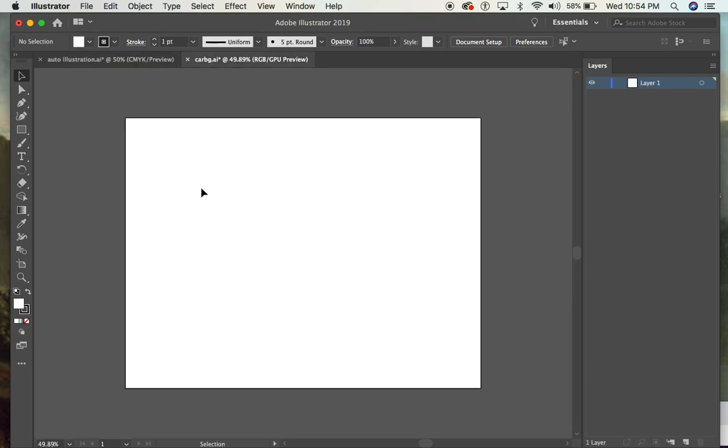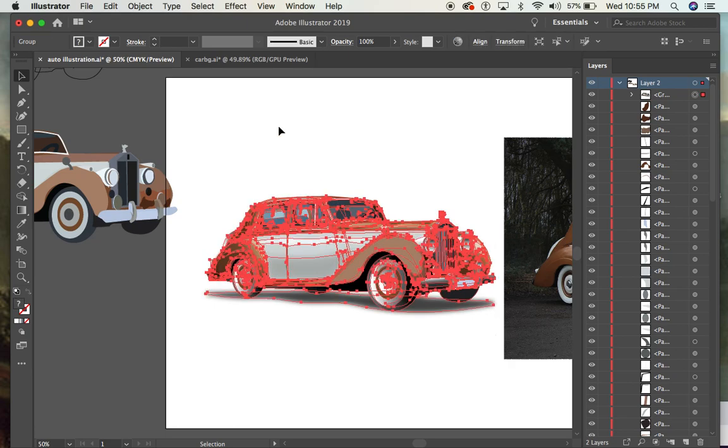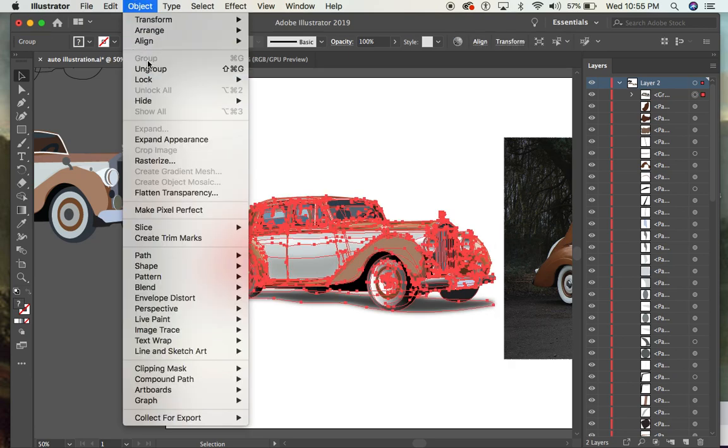I've created a blank landscape oriented image here, and just 8.5 by 11 is fine for this project. And I'm going to transfer this one over. So I'm going to click over this whole car and the shadow and object, and I grouped that, or Command G or Control G on a PC,